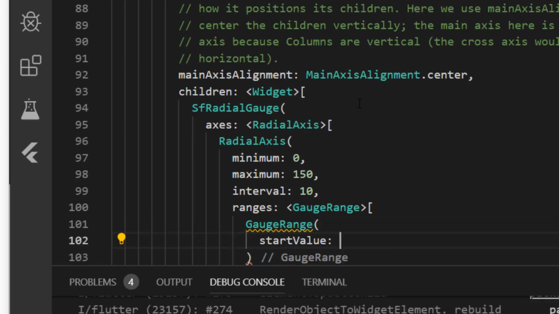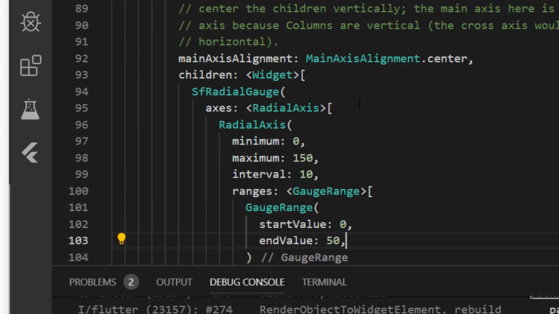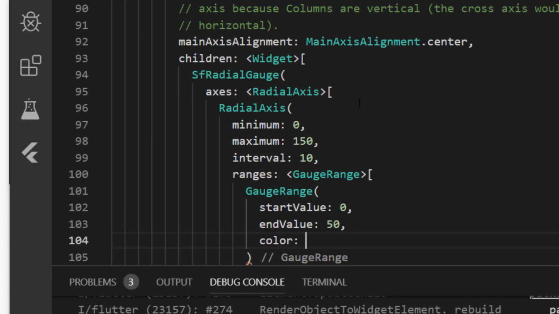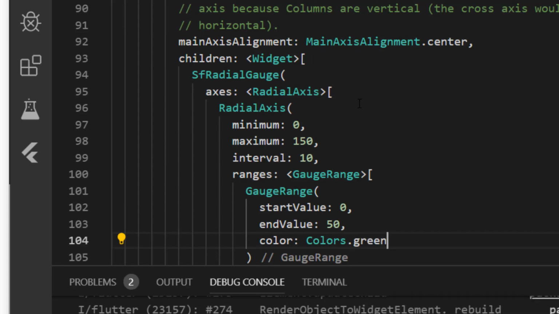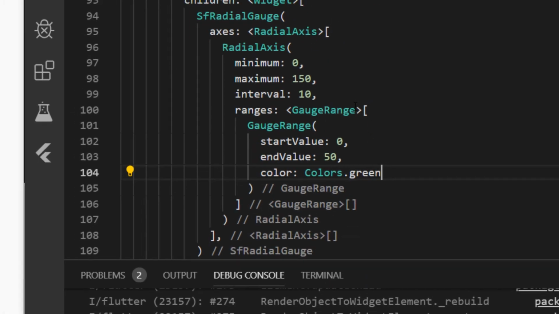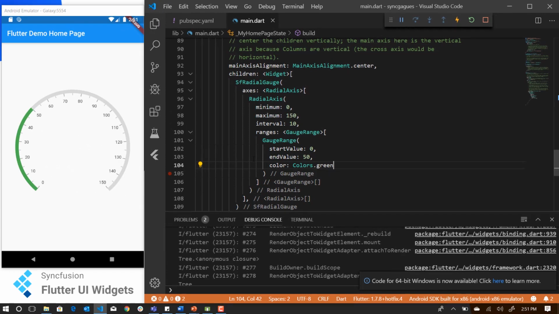I'm going to set the start value as 0, end value as 50, and I'm going to set the color for the first range as green. I'm going to save it. You can see that the range from 0 to 50 is colored in green.